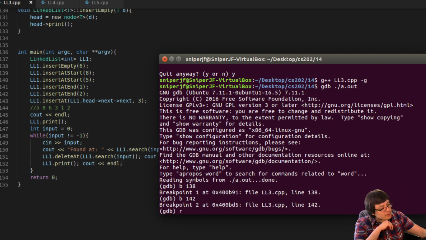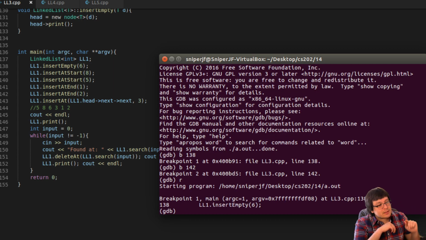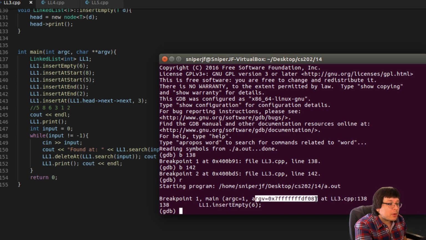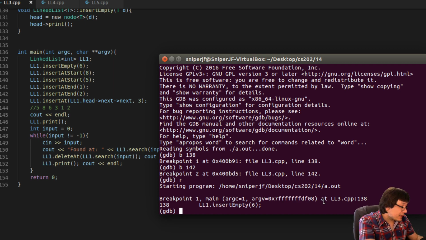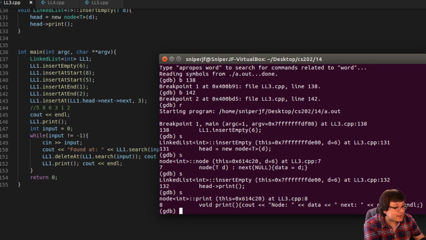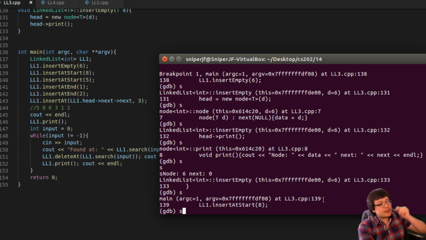Then when you're finally ready to run, you hit R, and when it hits the breakpoint, it pauses the execution. Not only that, if there are any parameters to whatever function you're at, it shows them to you. In this case, the main function has argv and argc. You can see argc is 1 because there are no extra arguments, it's just the name of the program. And this will be the memory location of argv. If I use the step key, it goes line by line in the code and shows you.